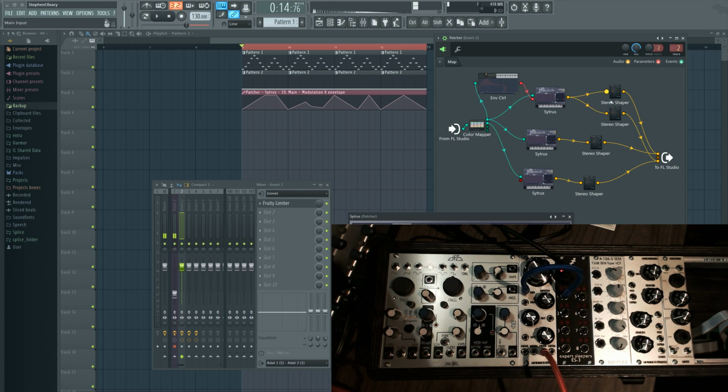And I have it routed into these two stereo shapers, so it's setting left and right, which is because ADAT1 and 2 are together stereo channels, so left is 1 and right is 2. And it's going to go into ADAT1. This other guy is also going out to ADAT4, because I wanted to also control pitch for the other guy later, but that's not what we're doing right now. So now, when I play the pattern,